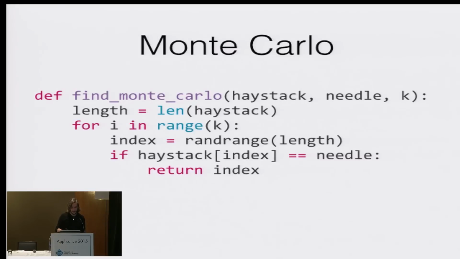And here is a terrible, horrible example of a Monte Carlo algorithm, where in this case we pass in the haystack, the needle, and also the number of rounds that we want to try to find it with. So in this case, it may not find the needle, but it will take an exact and configurable amount of time to try to find it.